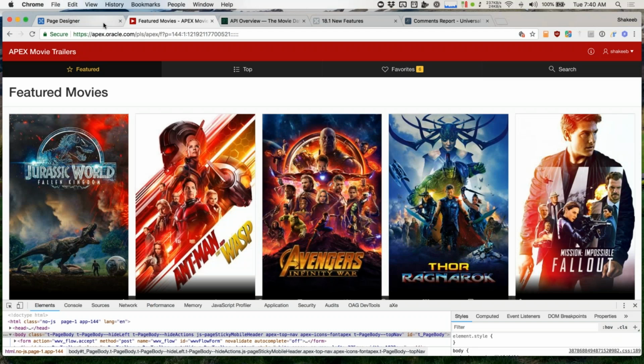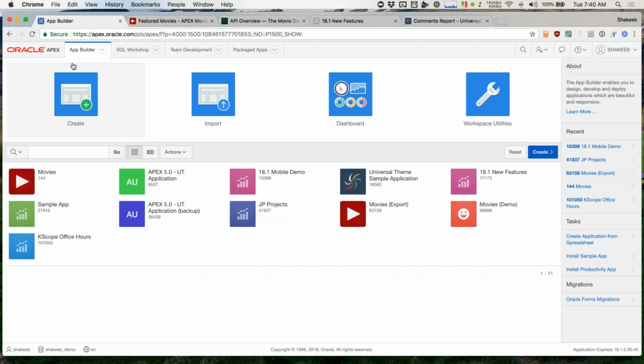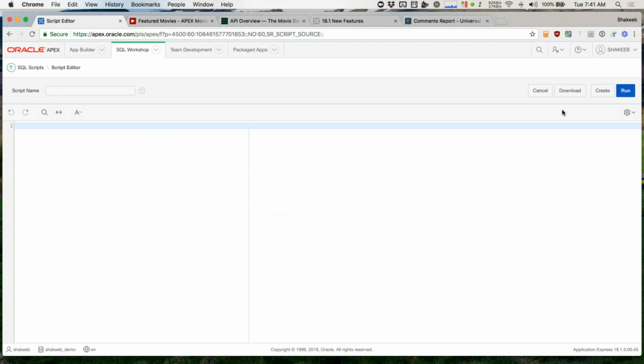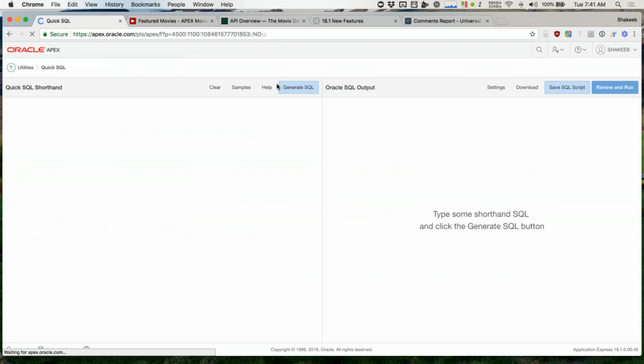But what I want to do is show you a little bit more of a demo of how you can build an application similar to this, but not really on movies, but maybe more normal data. So let's go and build an application. I'm going to go into SQL scripts, and let's go create some data. So actually, I'm going to go into Quick SQL,